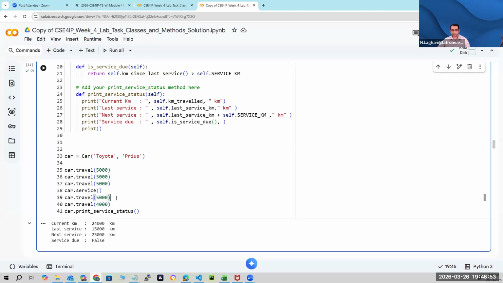Now you got it serviced at 19,000 kilometers. It should not be complaining that the next service is due at 20,000 kilometers, just in 1,000 kilometers. So now the next service would be from 19,000 to another 10,000. It should be due on